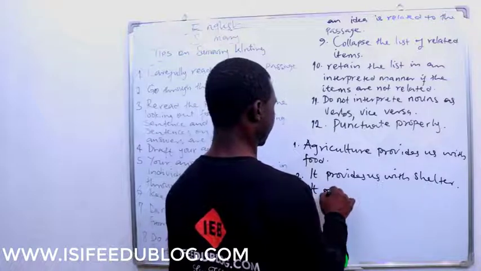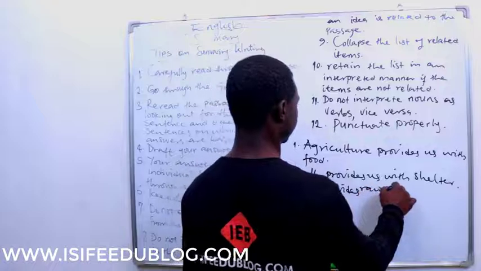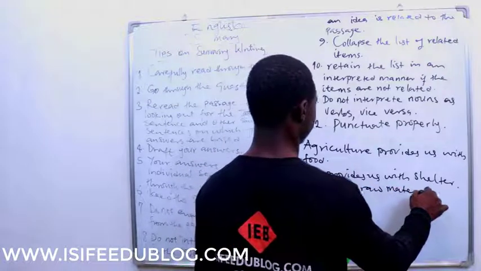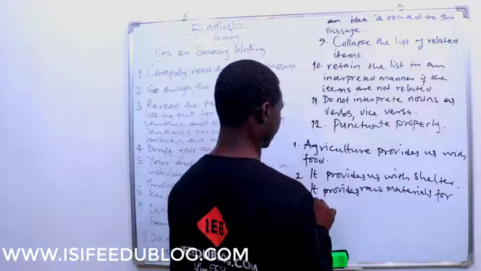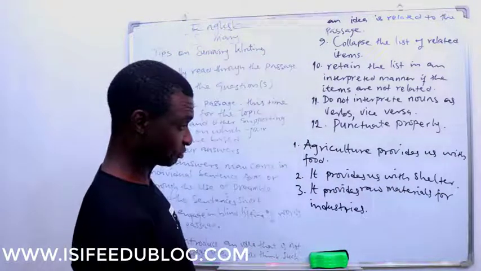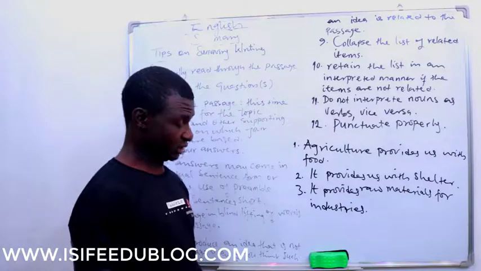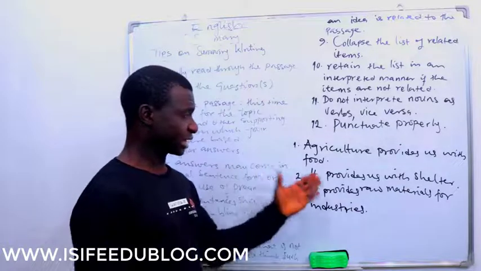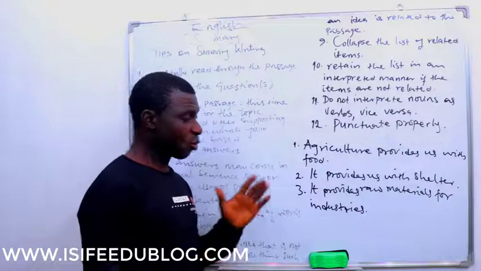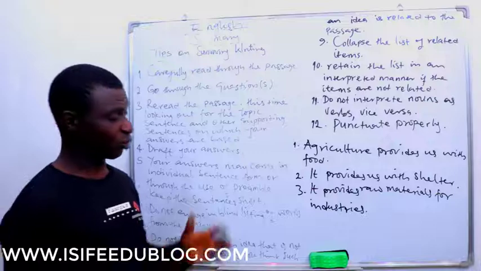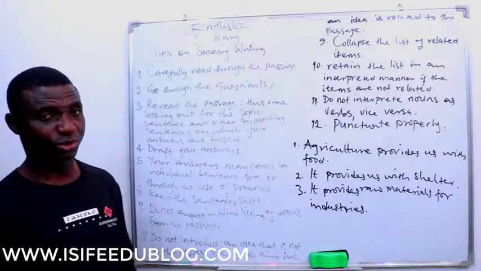It provides raw materials for industries. Now, this is the individual sentence form. Each sentence is on its own. Whichever of these two you choose to do,